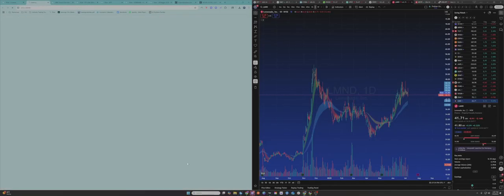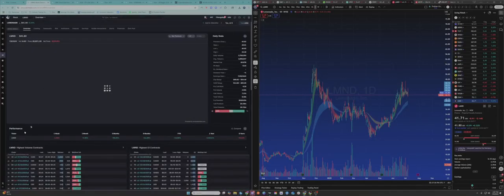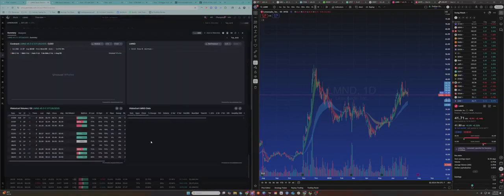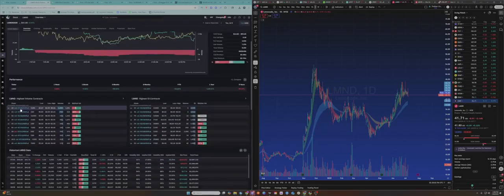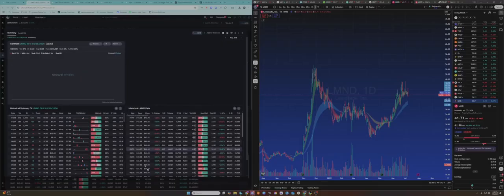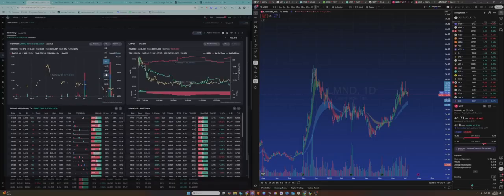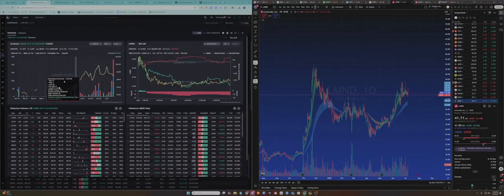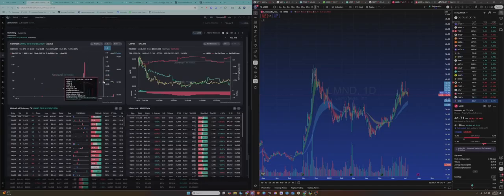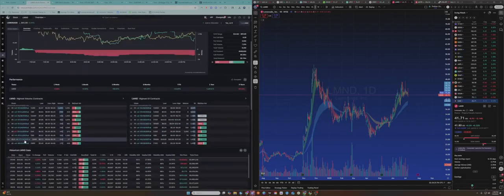So from here, we'll go to LMND and check out what's going on. We got solid opening flow on that, which we just looked at. And then let's check out some higher strikes. Is there anything? Let's see if there's a big wall at 50. No, there's an old position open. No, it just looks like slow accumulation. So that's kind of a nothing burger. Interesting data point though. Something going on there.